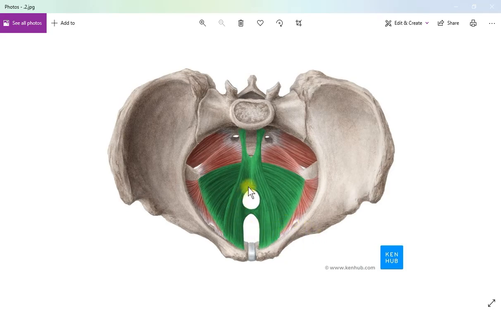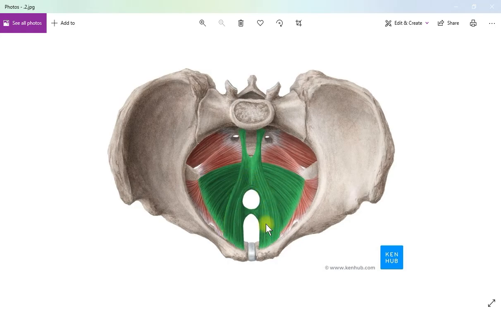First we will talk about the levator ani. The levator ani muscle can be studied in two parts, pubococcygeus and iliococcygeus. First we will describe: this is the pubic symphysis, this is the ischial spine, this is the sacrum, and this is the coccyx portion, from where the coccygeus muscle arises. So we are talking about the pubococcygeus. As the name implies, it arises from the pubis and goes up to the coccyx. This is the pubococcygeus.